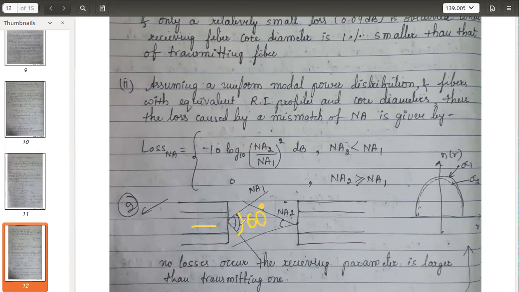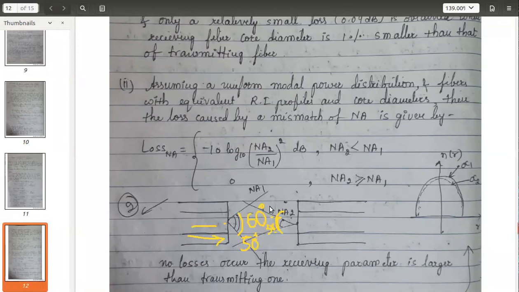Within this, whatever ray comes can be accepted. However, its range is small, say 30 degrees. Assume that the acceptance angle is 30 degrees. Means if some ray comes from the first optical fiber, within the region of 50 degrees, but the acceptance angle here is 30. So the ray coming from the first optical fiber, whose acceptance angle is 50 degrees,